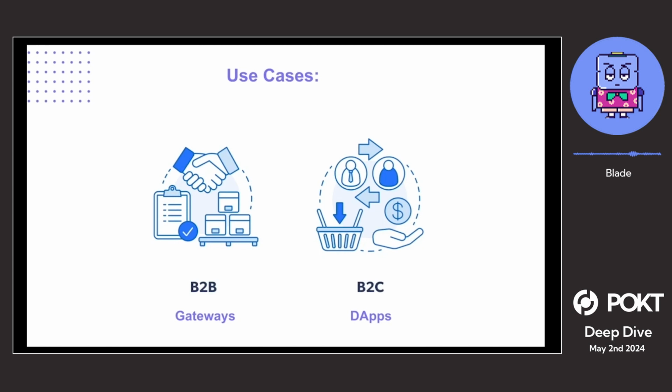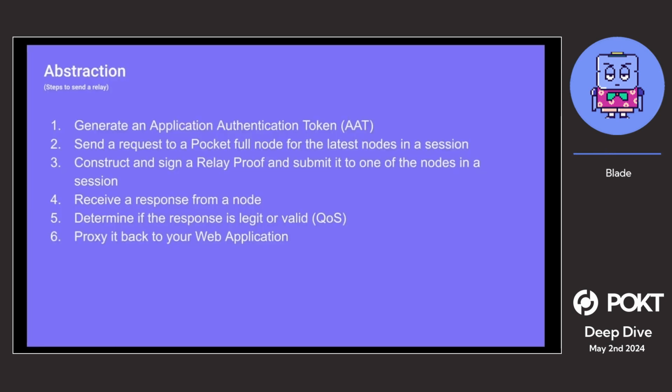And that's extremely powerful. And so let's go into a little bit more of the steps it currently takes to send a relay to the network. It's honestly really complex. A lot of these terminologies are specific to Pocket, and that's why I say that without using the SDK or without using a gateway server, it's really tough to tap into the network, right? AATs is something that most developers wouldn't know about, and all these steps from 2 to 6,